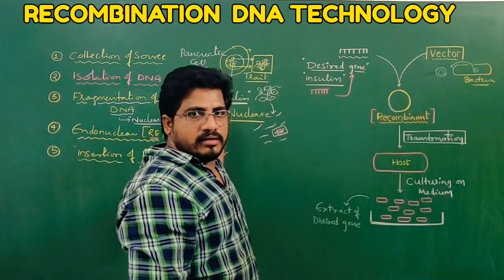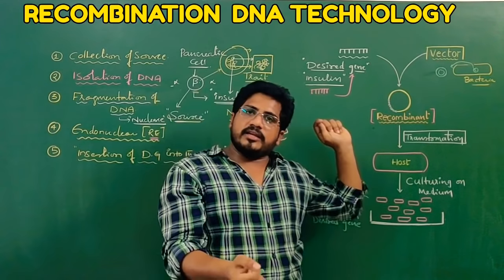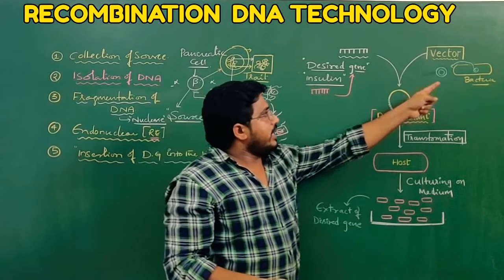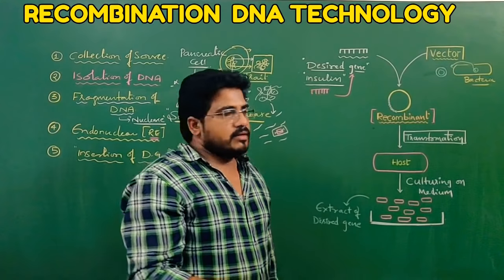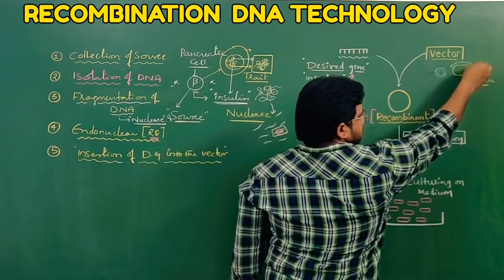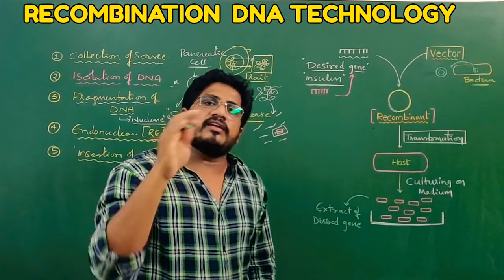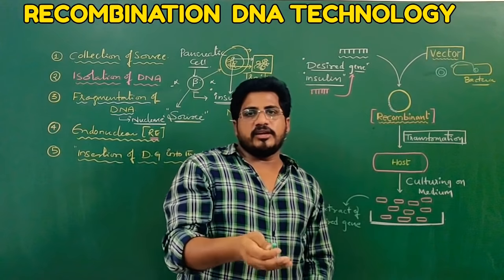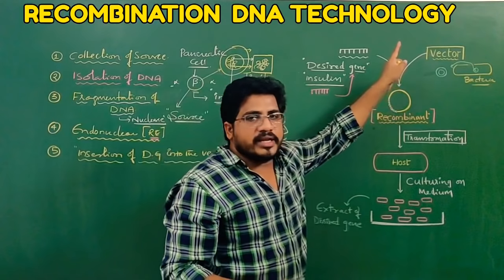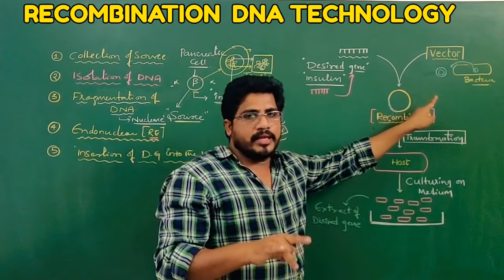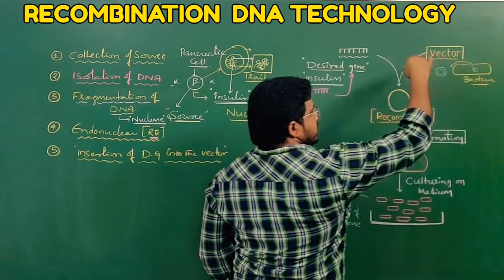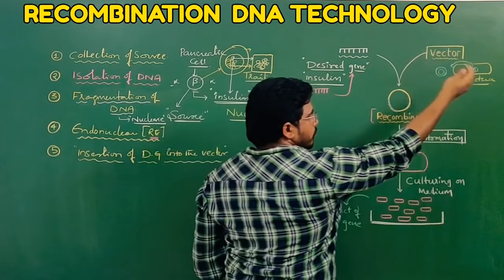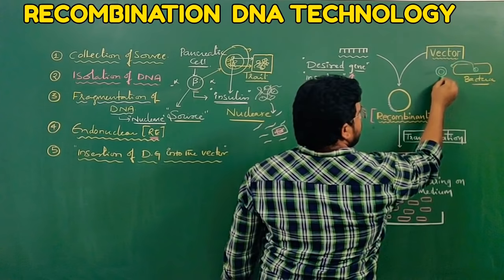So not only to extract the desired gene are you using nucleases; to collect the plasmid from the bacteria you are also using lysing enzymes. By using lysozyme here, if the vector is a plant cell, again we have to use hemicellulase or cellulase. So according to the nature of the vector, the lysing enzymes will be preferred. Once lysing enzymes are used, the bacterial cell wall will be broken up, then the plasmid comes out.